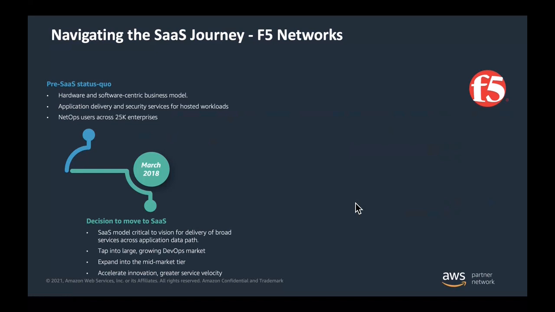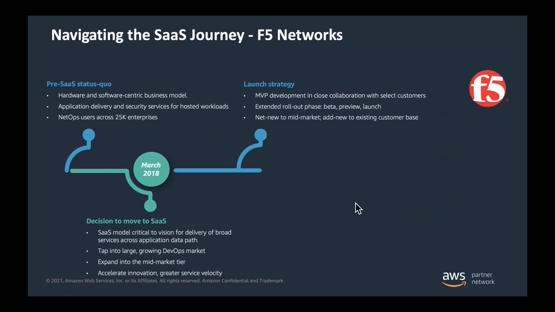So what they did is they really picked one portion, one use case out of their product portfolio, and just focused on that use case to move to SaaS. And they wanted to use the learnings from that experience to move all the other products to a SaaS business model. So in almost a year, they were able to launch F5 DNS cloud services. During this one year time frame, they closely worked with selected customers in the whole MVP process,